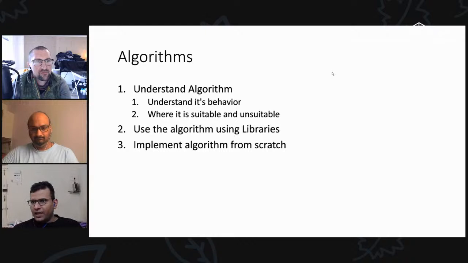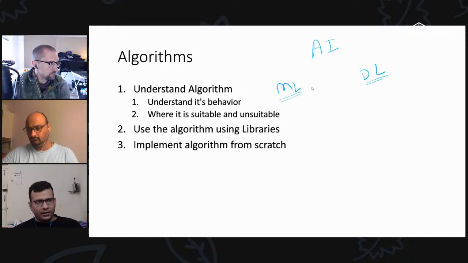So let's now see the types of machine learning. I said we have AI, and then we have machine learning and deep learning. The most common thing people hear is supervised learning and unsupervised learning. What I want to do is talk about supervised learning and unsupervised learning in the context of deep learning and machine learning.